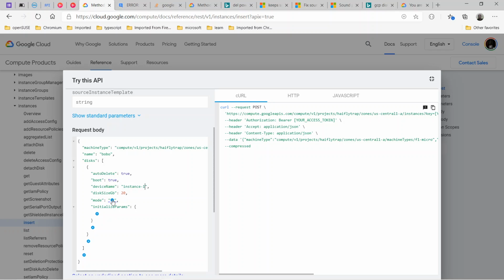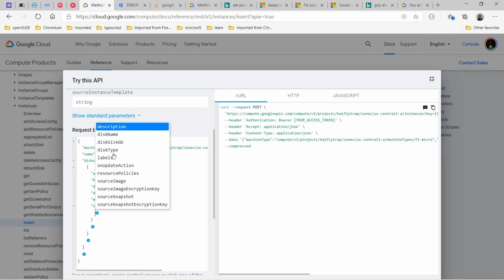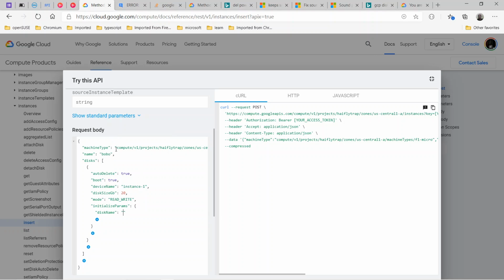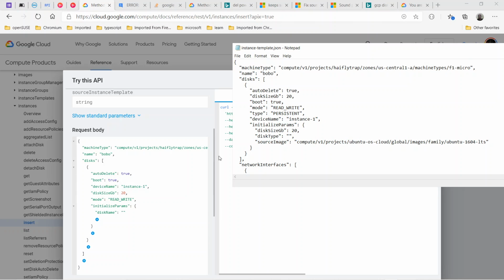Let's go to mode. You see, it gives you an option to pick read only or write. We're reading and writing. Then, of course, the disk name is here. Let me take that from here. Okay, no name this time. Adjust the disk size. I still did this double, but it doesn't matter. This size, this type,